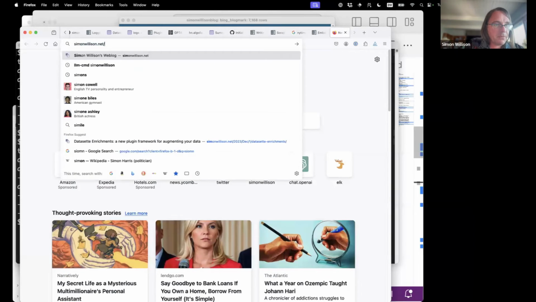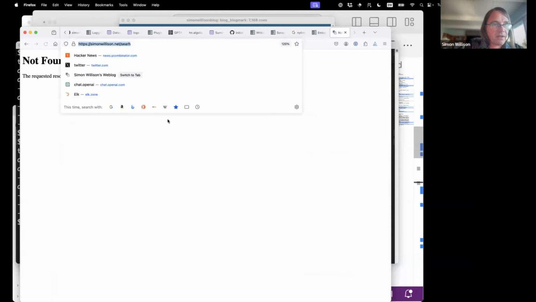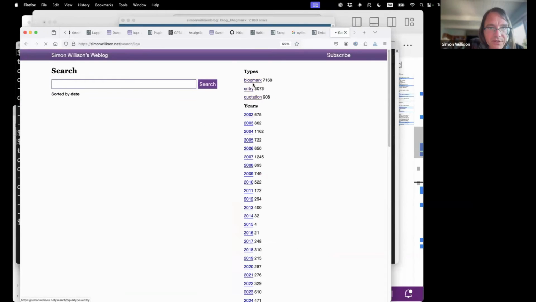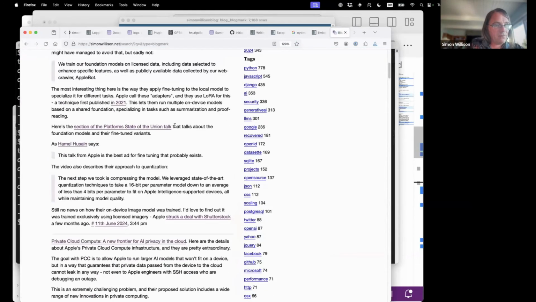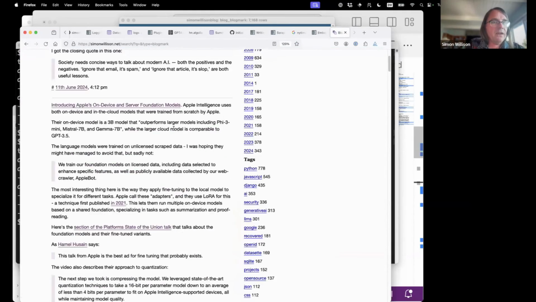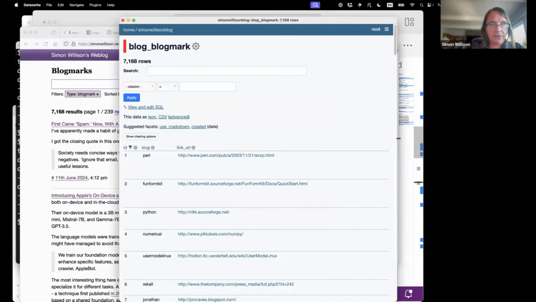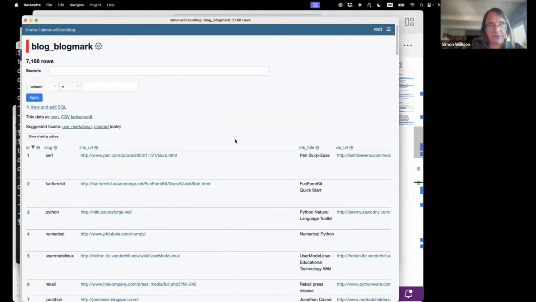One of the things I have on my blog is a link blog, this thing down the side, which has 7,000 links in it. Each of those links is a title and a description and a URL, effectively. So I've got those here in a SQLite database, and I'm going to create embeddings for every single one of those 7,168